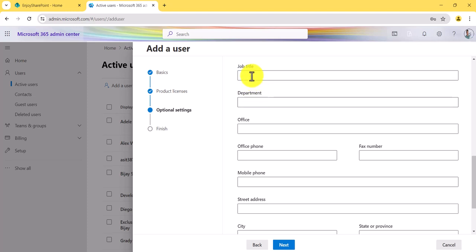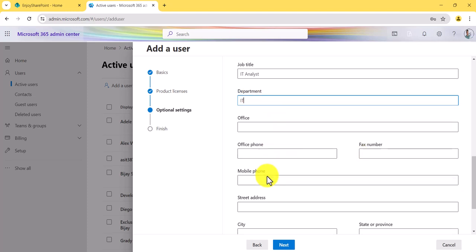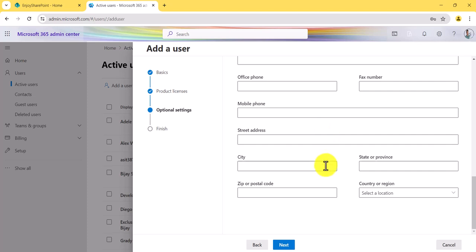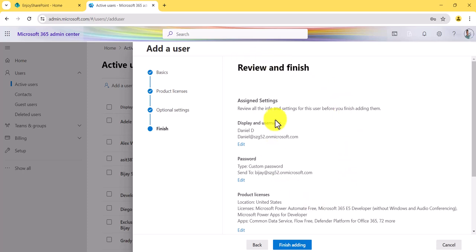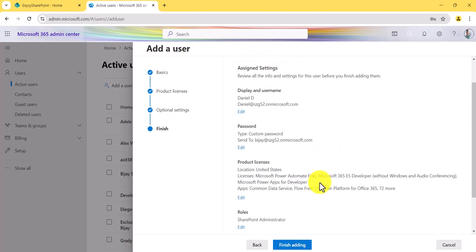Let's say job title, I'll give IT analyst, then the department, I'll put IT department, then office, fax number, this thing. You can see a lot of these options which you can choose, and then click on next. Once you click on next, it has a screen where you can review whether all the details are correct